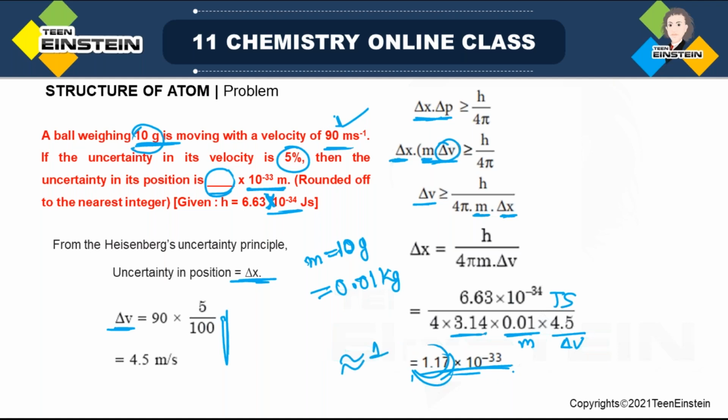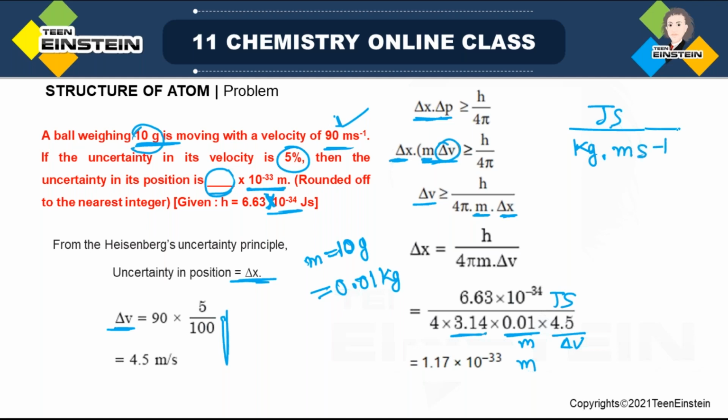And here, the final unit should be in meter because we are using the SI system. So this is meter. But how are we getting this unit? See, joule second is the unit in the numerator. And in the denominator, there is meter and there is Δv. Now Δv is a velocity unit. That means mass is kg, so the unit of mass, kg, I am writing, and for Δv it must be